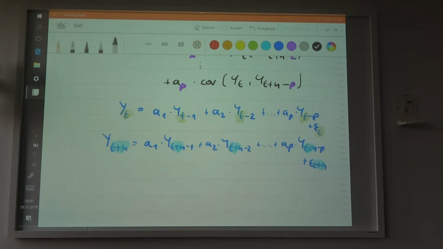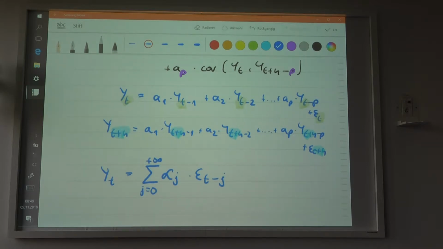Now, of course, there is another representation for the process yt, and this is what you basically know about it because the process is stationary. So yt, the expectation is 0. It can be written as the following sum, which we have also considered already: the sum of some coefficients times epsilon t minus h, where h goes from 0 till plus infinity. So this is what you would get from the process.